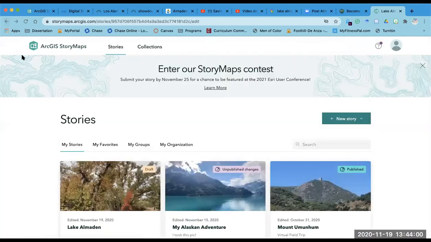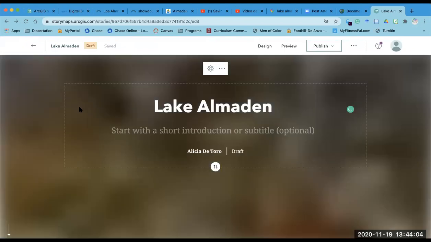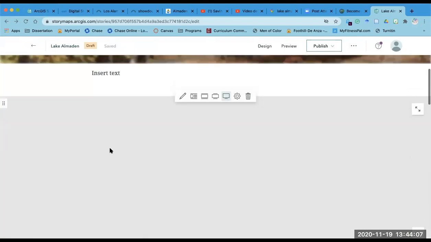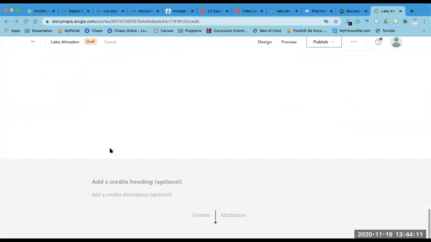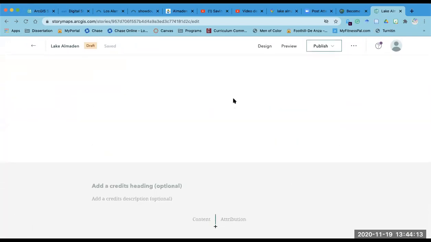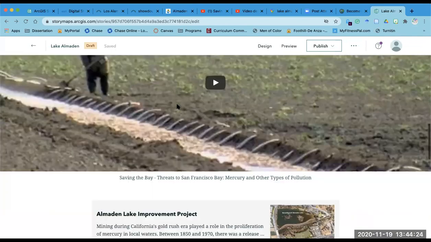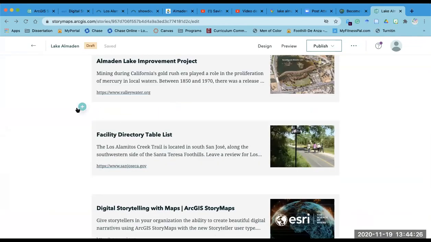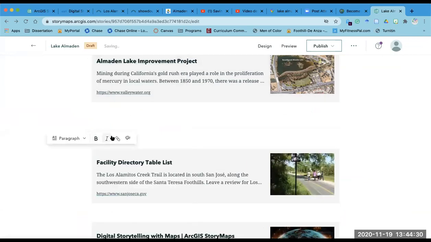The other thing is that once you get to the end of your story map, it has a great reference option down at the bottom. So it makes it very easy to do your referencing and giving credits. You can insert in your text as well active links.